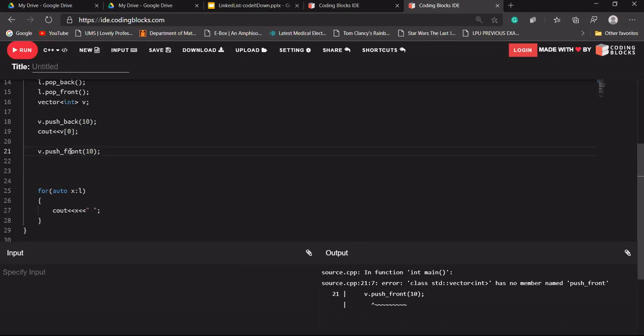Yes, there will be some cases where list will be preferred over vectors. Normally we don't use list, because in competitive programming we just use vectors only. That's completely fine, but there are some uses of list as well.